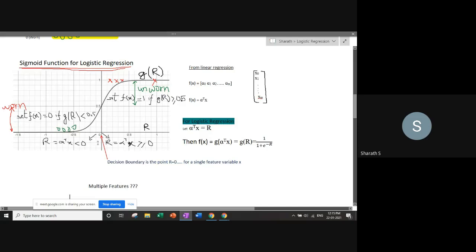Primarily, what happens is that the decision boundary, in the case of this simple problem, this is a decision point. It happens when alpha transpose x is equal to 0. So essentially, when alpha transpose x is less than 0, you are going to class it as the 0th class or known class, and when alpha transpose x is greater than 0, you are going to class it as the other class, which is the unknown class. Okay, so that's how the sigmoid activation function gives you a better capability to do a classification task.